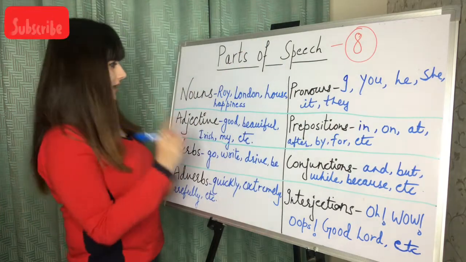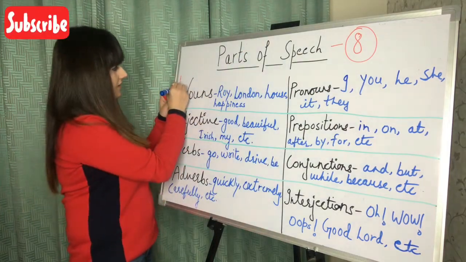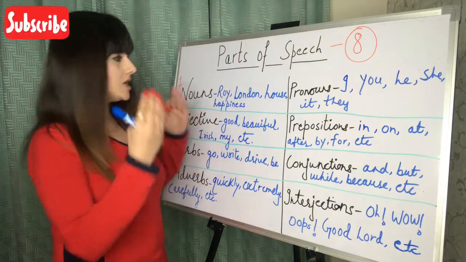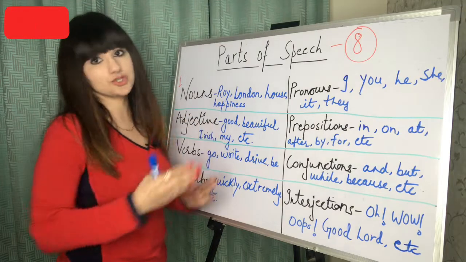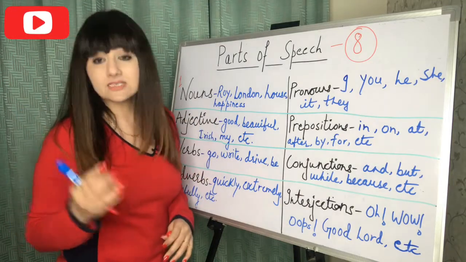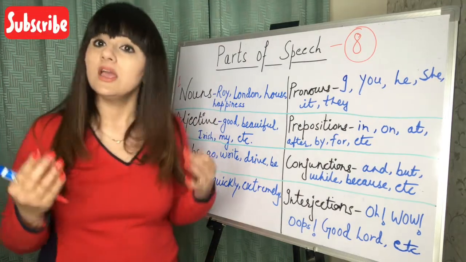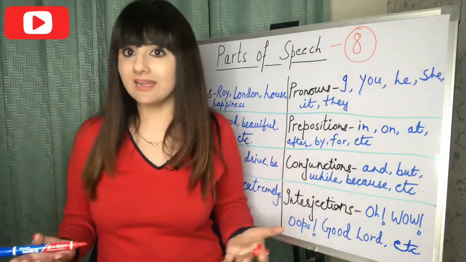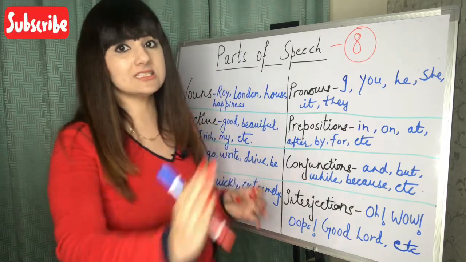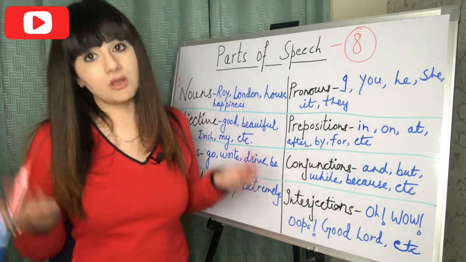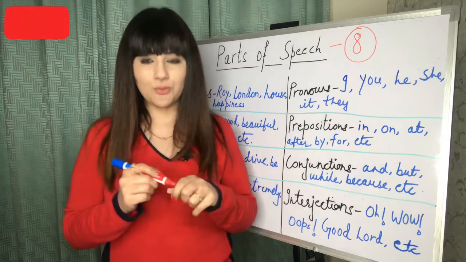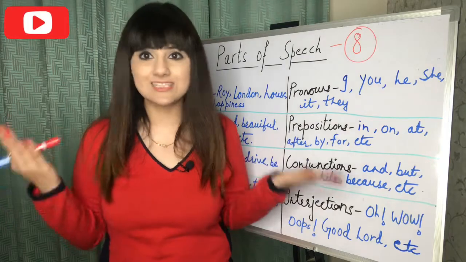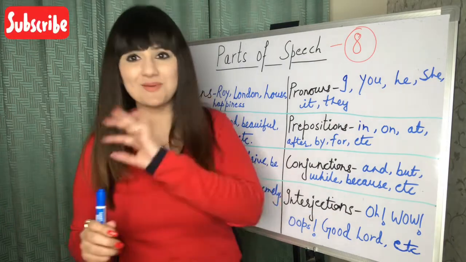The first we have here is nouns. When we are talking about a noun, it refers to a name, a place, a thing, or a feeling. Yes, it could be an idea. When you're referring to these things, that's called a noun. In another way, everything around us, that's a noun. Very simple. Just remember this.